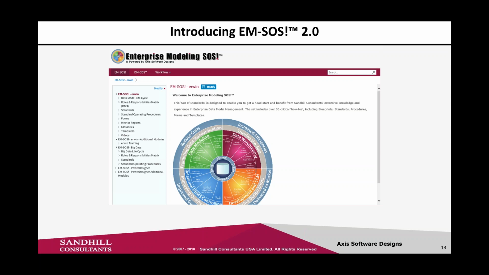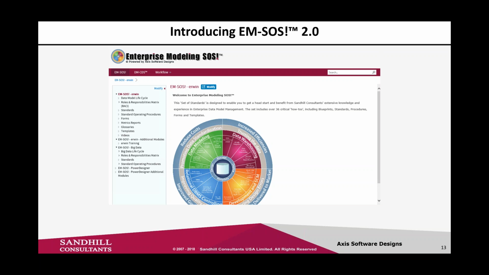We have categories here of standards, procedures, templates, reports, and so forth, guidelines. These are all major categories, and everything that is needed for a successful modeling environment that incorporates the company's governance goals is all written here. So let me say up front, this is to give everyone a huge jump start on building a framework.